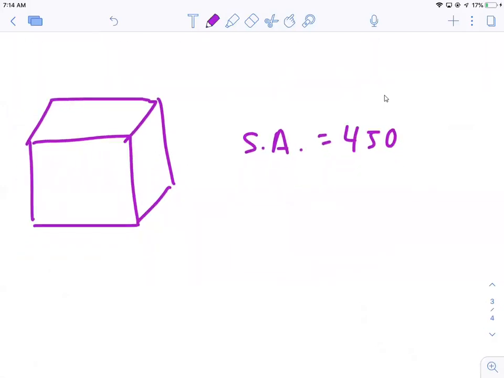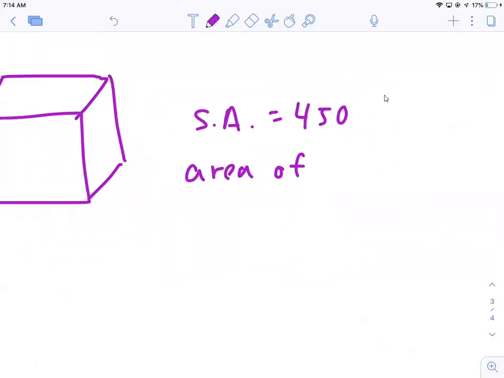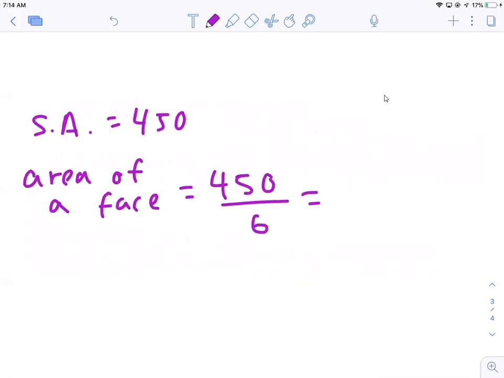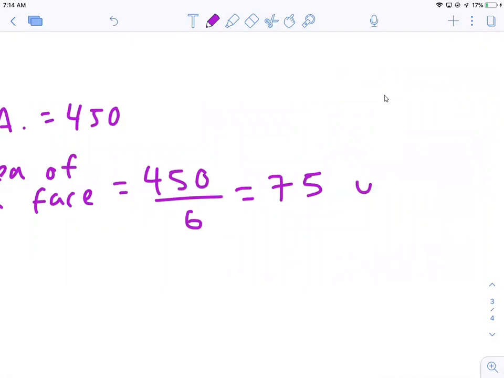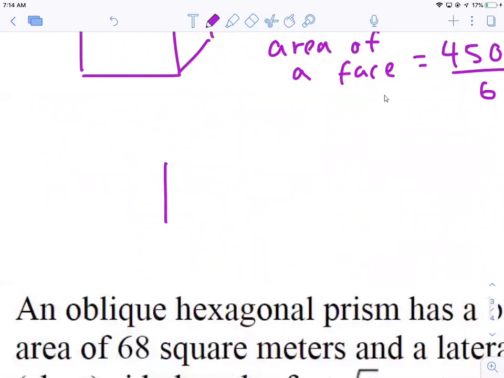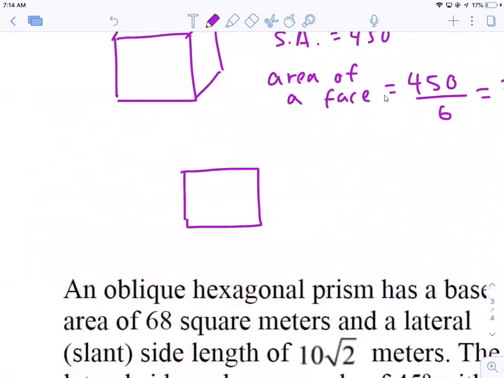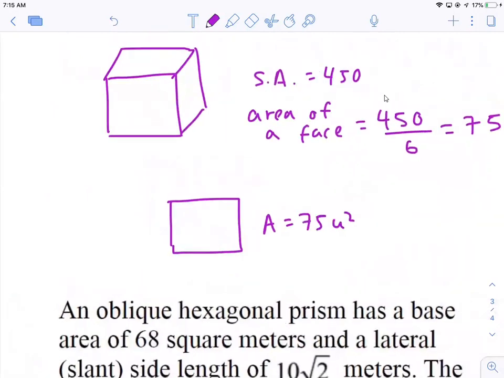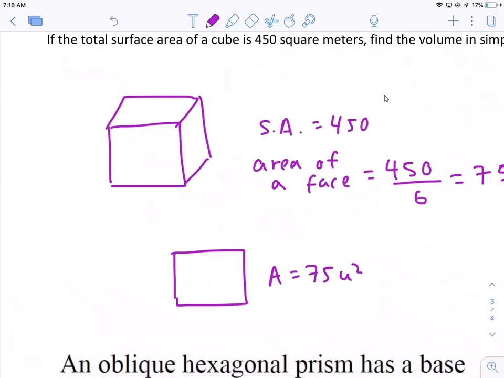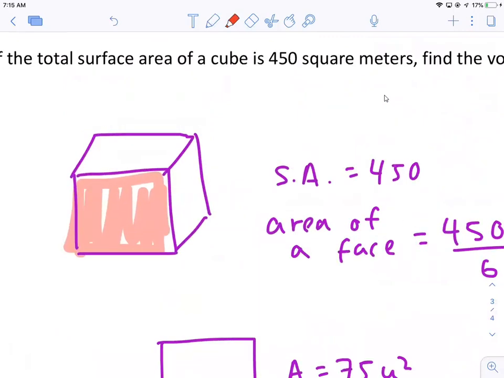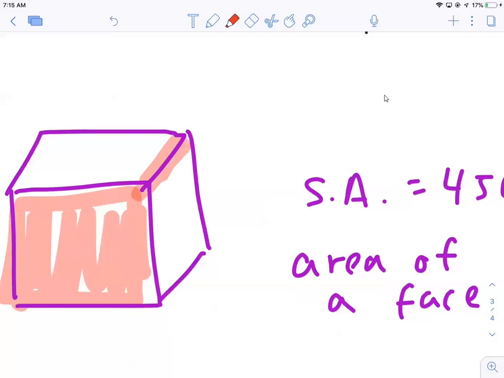And so we can say area of a face is going to equal 450 divided by 6, right? 6 sides to the cube. And what is that equal to? I think 75. So area of any of these faces is 75 units squared, which means, well, that's 75. And isn't that a base of my cube? Right, that's 75. So all I need to do now is multiply by this height or width or extrusion, if